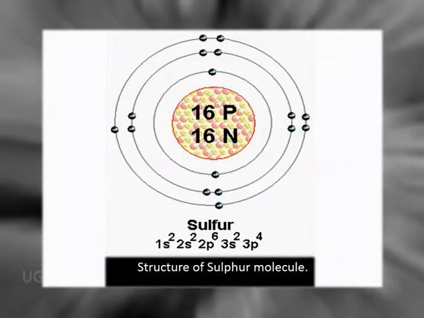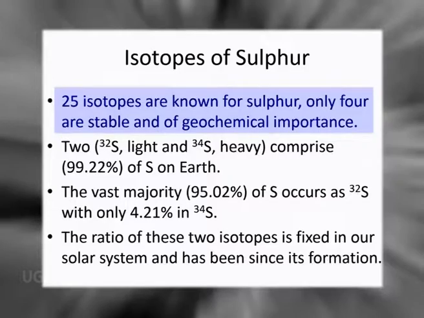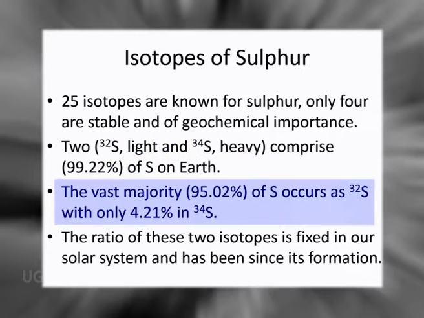Now let us come to the next important aspect, which is the sulfur cycle. Now sulfur in nature actually remains as S32. This is the molecular structure of S32. Apart from that, sulfur may remain as different isotopes. There may be 25 different isotopes, but primarily sulfur remains as S32 and S34. And that also, S32 is about 95% and S34 is around 4%. So these are the two major key players of sulfur present in nature.